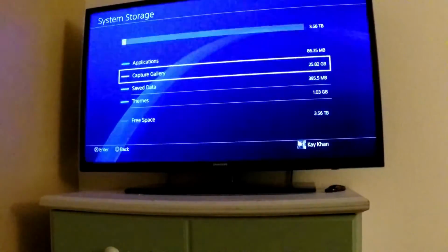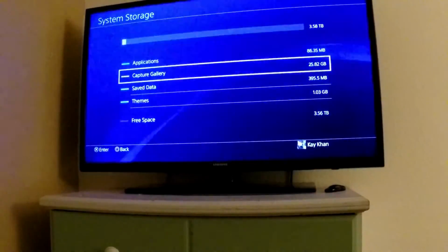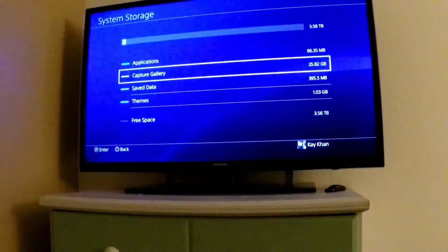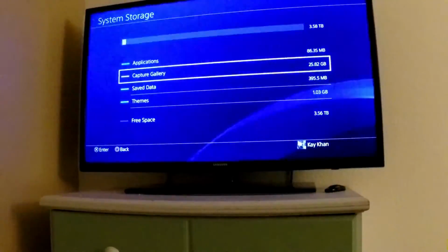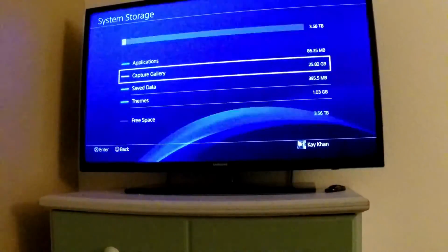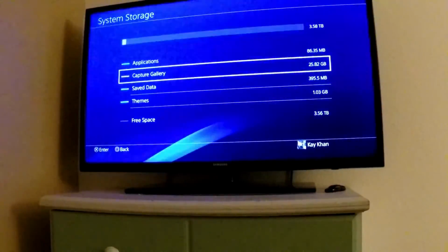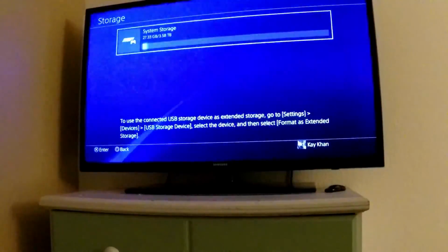So that's actually what made it take long to do the backup and the restore process. So maybe back this up separately beforehand. I guess actually that would take the same amount of time. So either go through the videos, delete what you want, and keep what you do, or you just use USB 3.0. But yeah, from here you're basically done, and you're just going to end up using, I believe, PSN to download